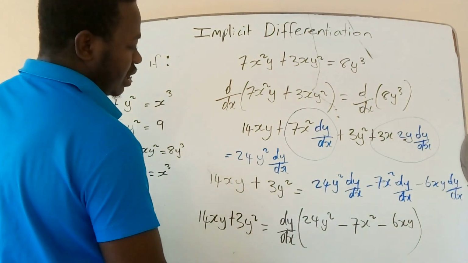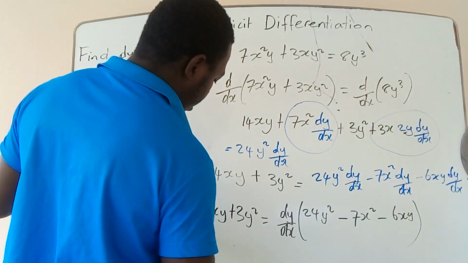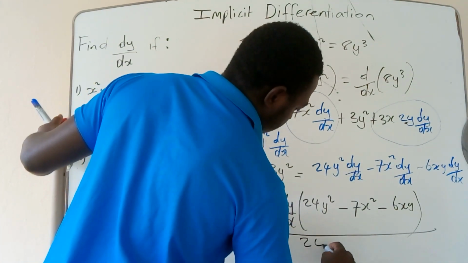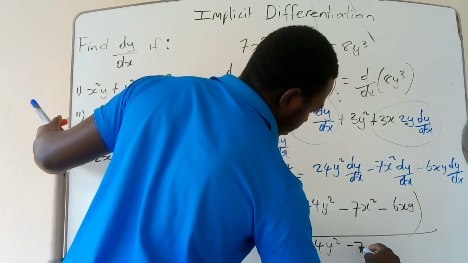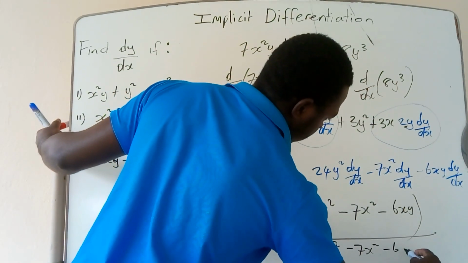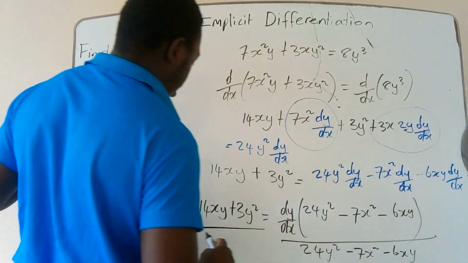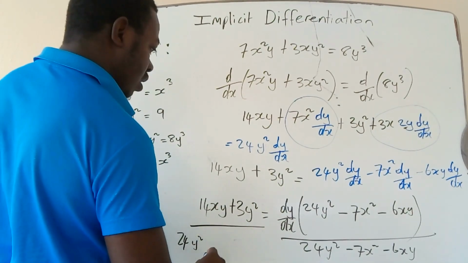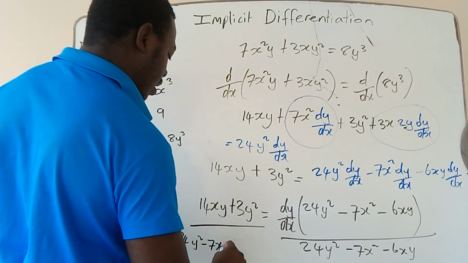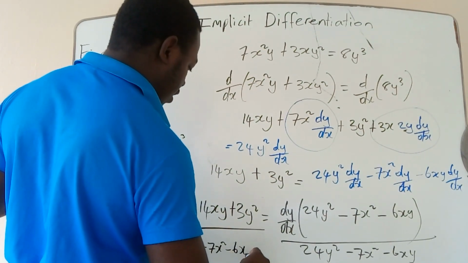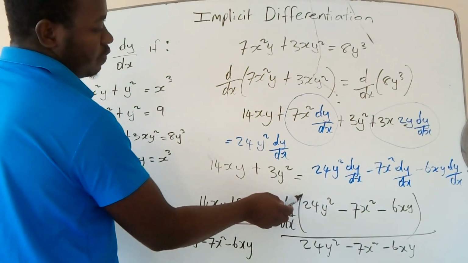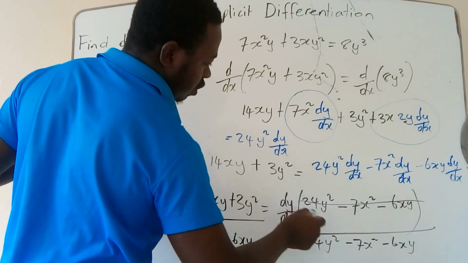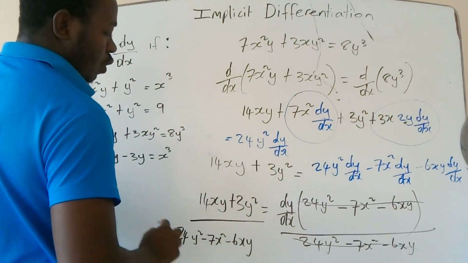I want dy by dx by itself. All I need to do is to divide this side and this side by 24y squared minus 7x squared minus 6xy. And I also have to divide this side by 24y squared minus 7x squared minus 6xy. Now 24y squared minus 7x squared minus 6xy, all of that is going to cancel out the denominator here, which leaves me with